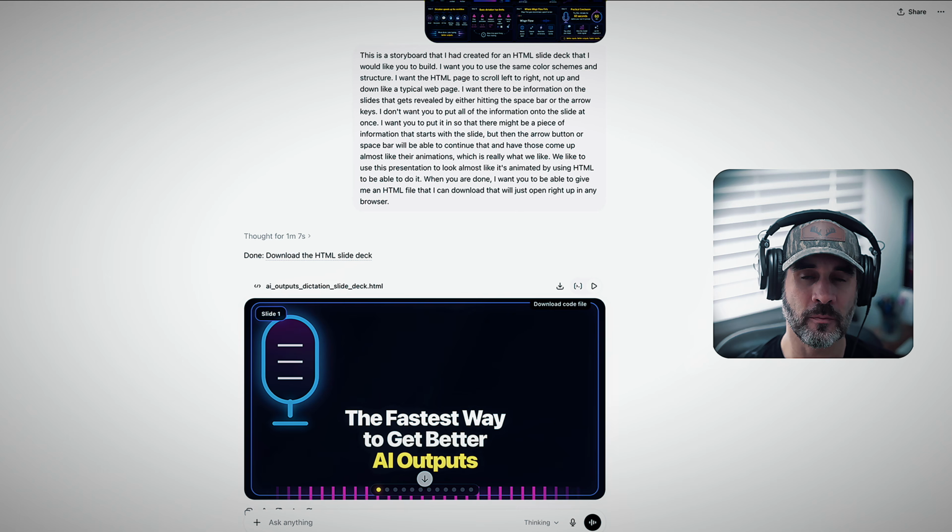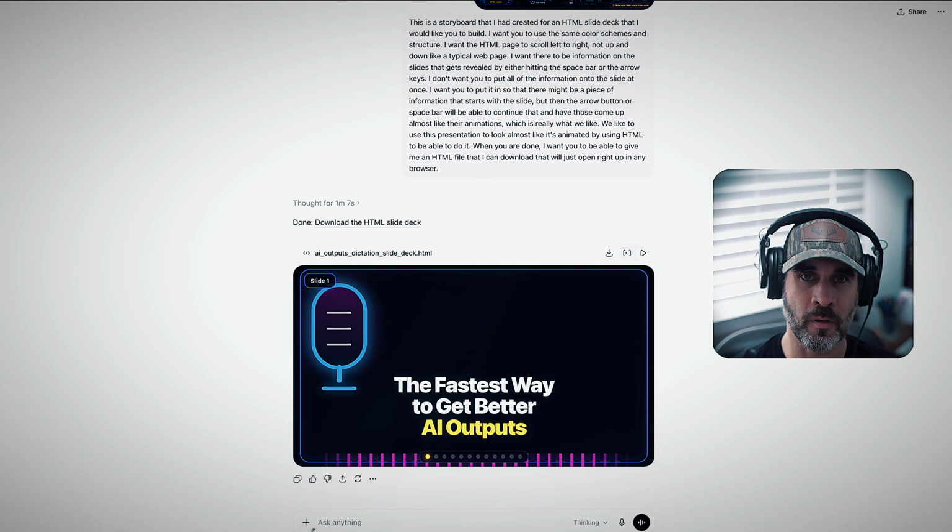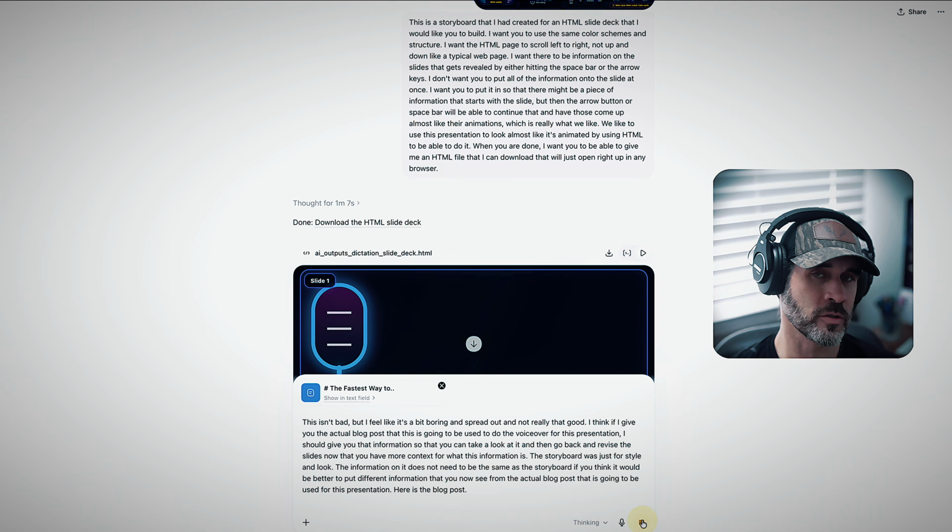You want it to be enough information to summarize the segments of the article or blog post, whatever you're using. So what you're looking for is just a basic outline. You can tell it how many slides you want. The longer the content is, in most situations, the more slides there are.